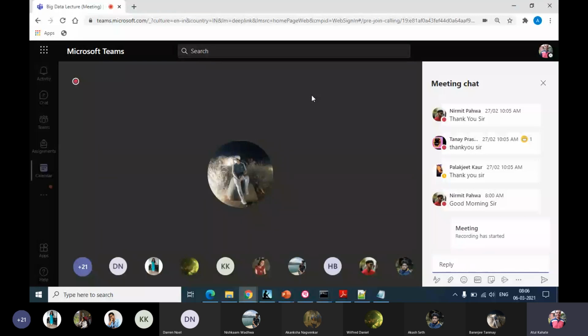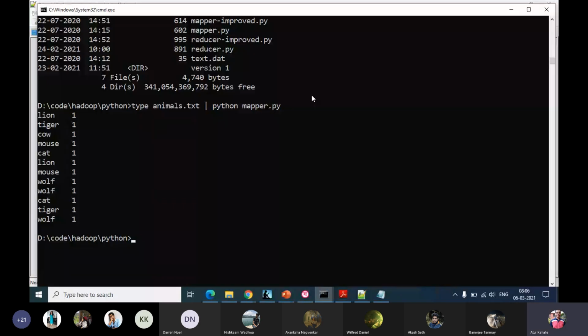So here it will produce, let's say, name of the animal and the count, but it will not do the totaling and all that. Why is it not doing the totaling? Because that job will be given to the reducer. That is the whole point, because we want the mapper task and the reducer task to be split so that both can be executed on different servers in a cluster by Hadoop.